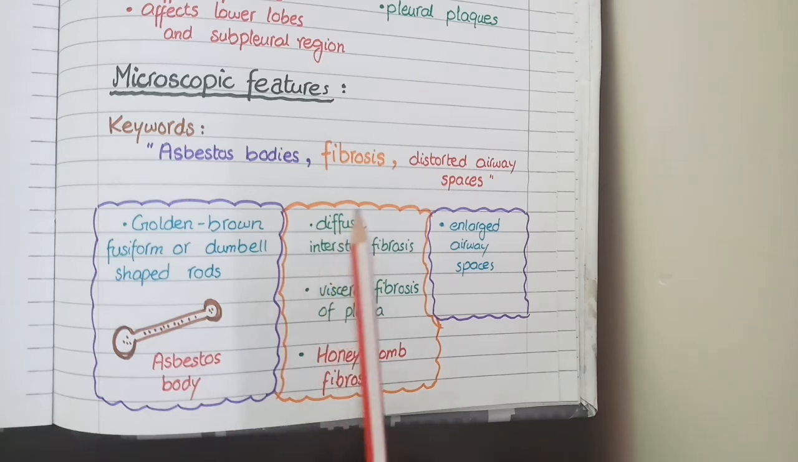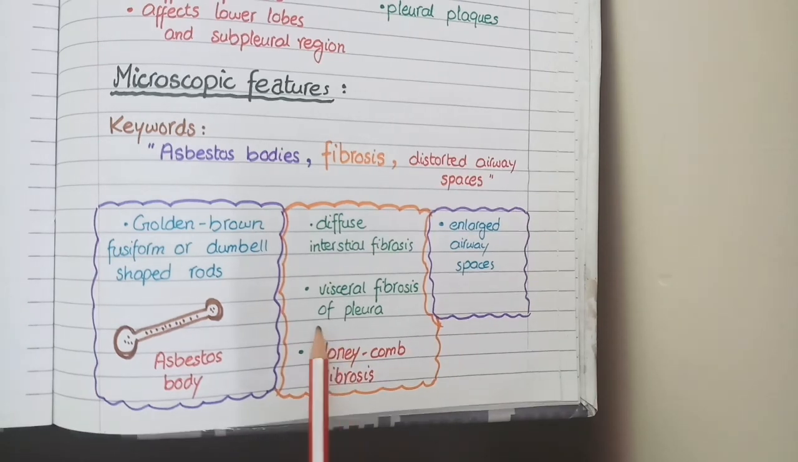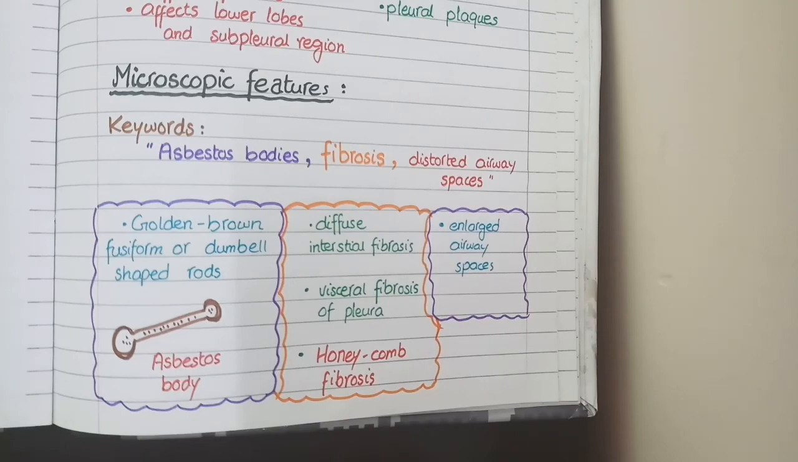The second keyword is fibrosis, and as this fibrosis involves the interstitium of lung rather than the inside of alveoli, it is called diffuse interstitial fibrosis. And also note that this fibrosis can also involve the visceral layer of pleural membrane. And similar to other pneumoconiosis,